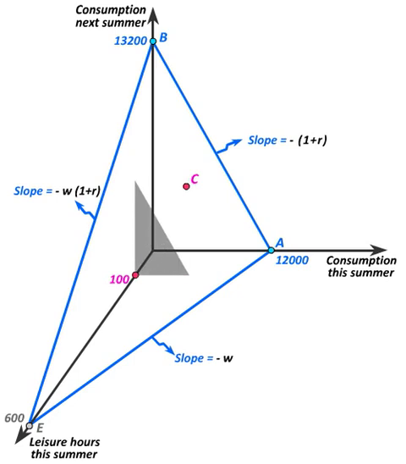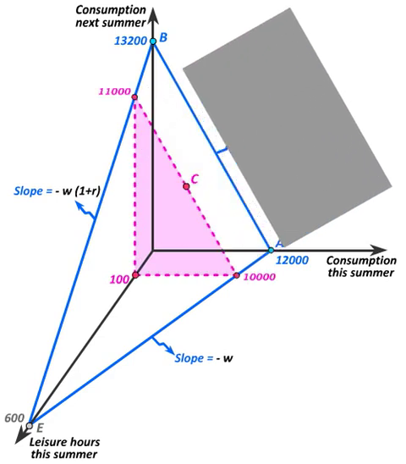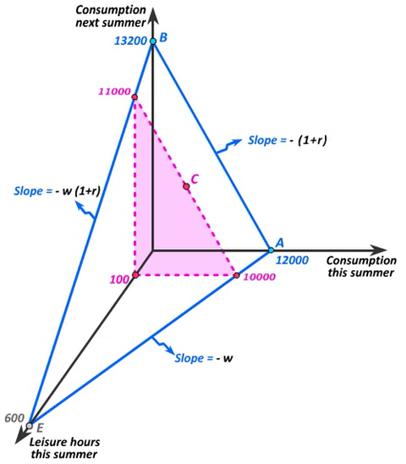Once you've decided to consume 100 hours of leisure this summer, you've in effect decided to restrict yourself to a 2-dimensional slice of the 3-dimensional budget set that you originally faced. That 2-dimensional slice holds 100 hours of leisure fixed and presumes that you're working for 500 hours. Working for 500 hours gives you an income of $10,000, which you could all consume this summer, or you could put it into a savings account and have $11,000 for consumption next summer. Bundle C, which splits your consumption between the 2 summers, then lies on this magenta slice of the 3-dimensional budget constraint.